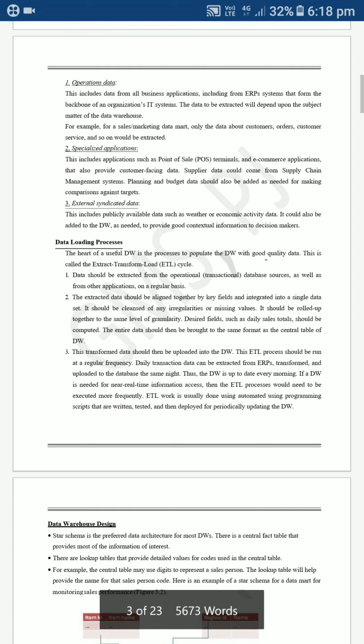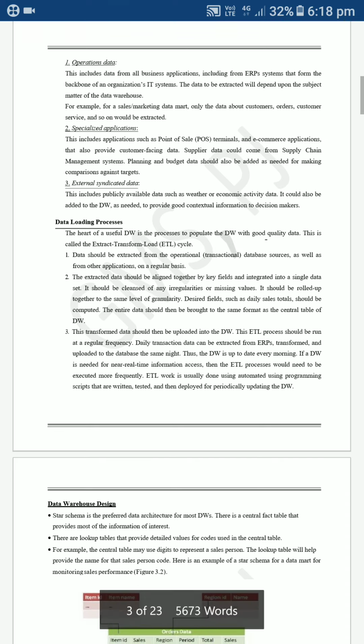The next one is the specialized application. Specialized applications are nothing but point of sale like applications, same as e-commerce applications. For example, if a customer is facing any difficulties, it will give some ideas about how to take the products, like in DMarts as well as Big Bazaars.